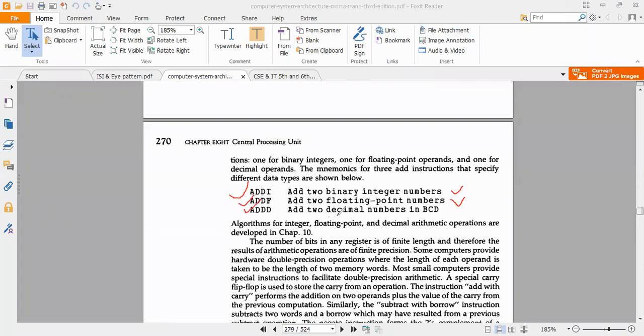ADDD adds two decimal numbers in BCD. So for BCD addition you have to use ADDD, for floating point ADDF, and for integer ADD. So these are also kinds of addition instructions.